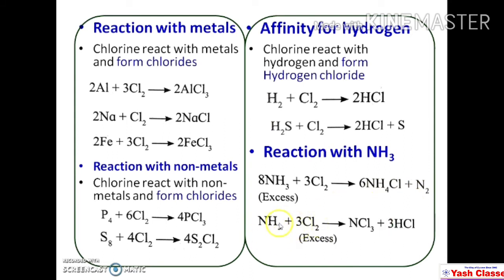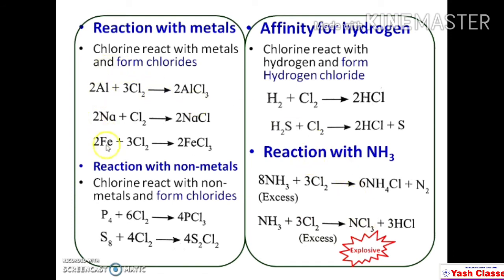On the other hand, when ammonia is mixed with excess chlorine, there is a formation of nitrogen trichloride and hydrochloric acid. This nitrogen trichloride is an explosive. So in this way,